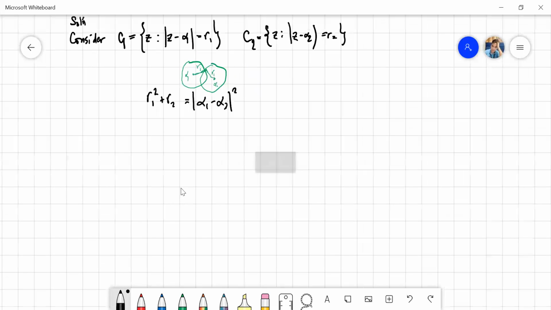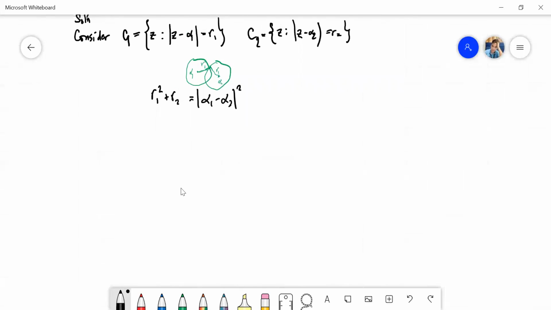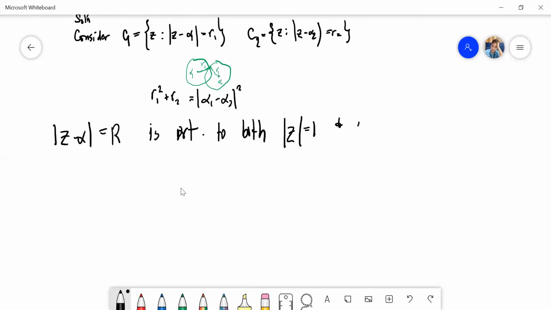So z minus alpha equals r is orthogonal to both modulo of z equals 1 and modulo of z minus 1 equals 4. So this is actually given by,